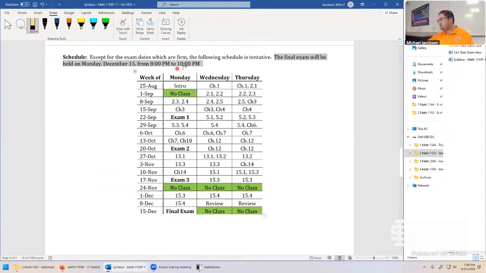And if this is an impossible time for you, I sometimes do make arrangements for an earlier exam window, so that you don't feel like you're testing at your worst. This is not an easy time to test at. So the exam dates are firm. Everything else in the schedule is in flux. Sometimes we might take a little bit extra time on a particular section, for example.